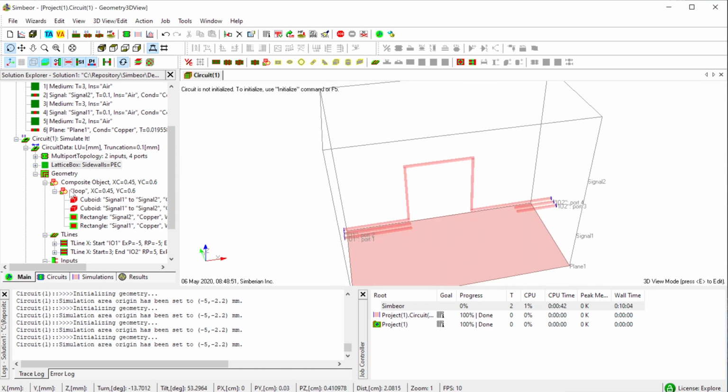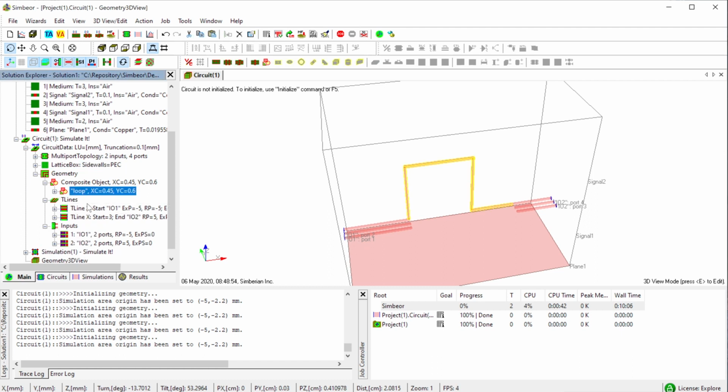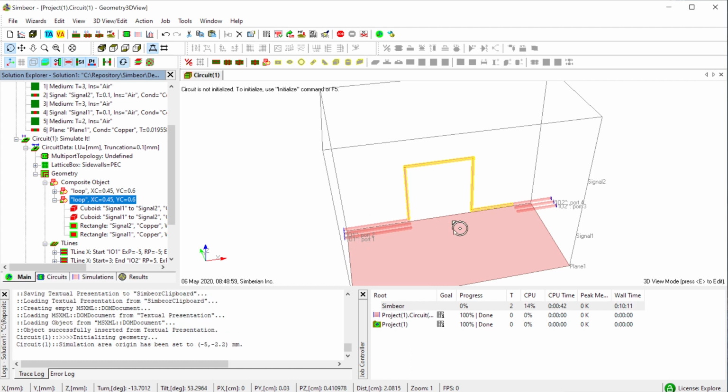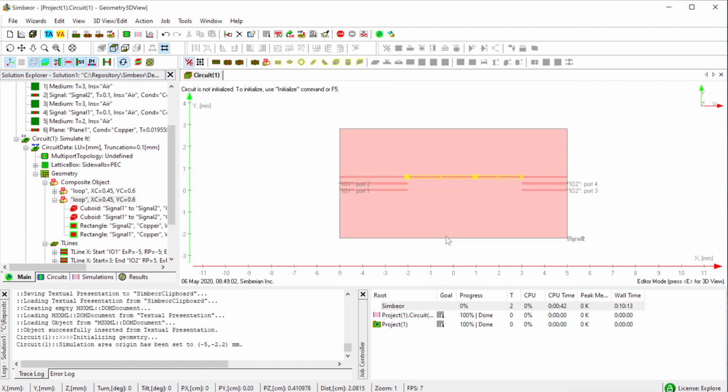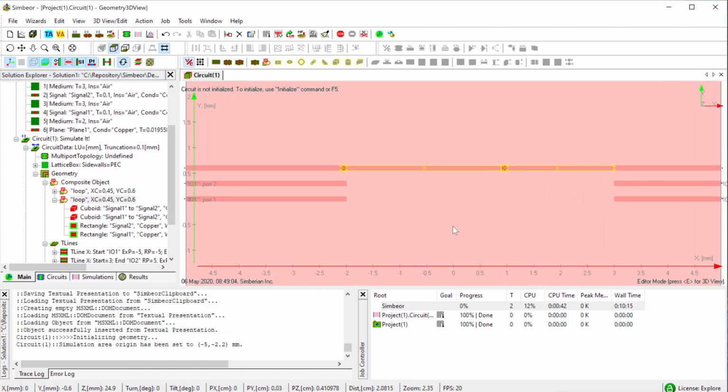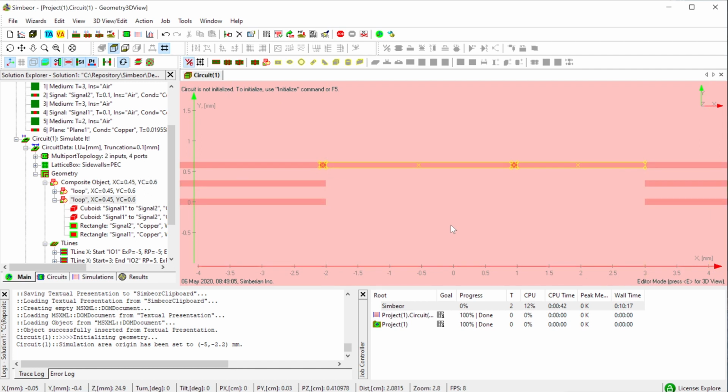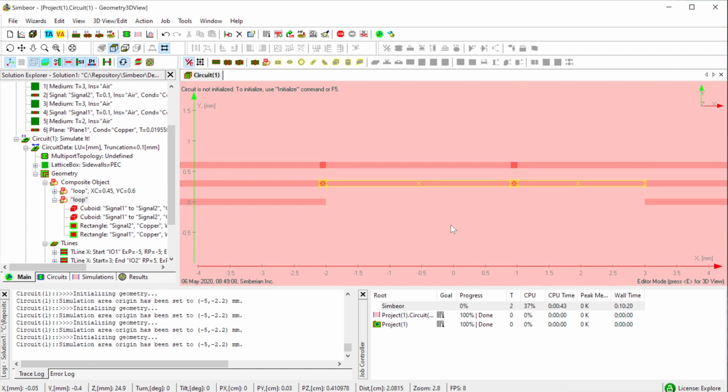So how to make two? I copy, again Ctrl C, paste, switch to editing mode, clicking into the editor and move it right here.